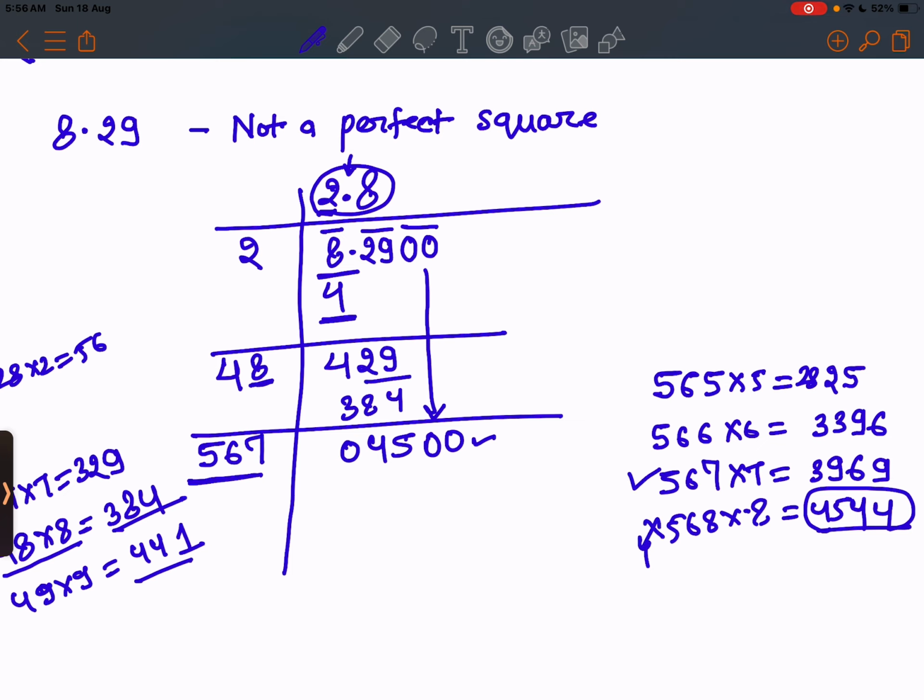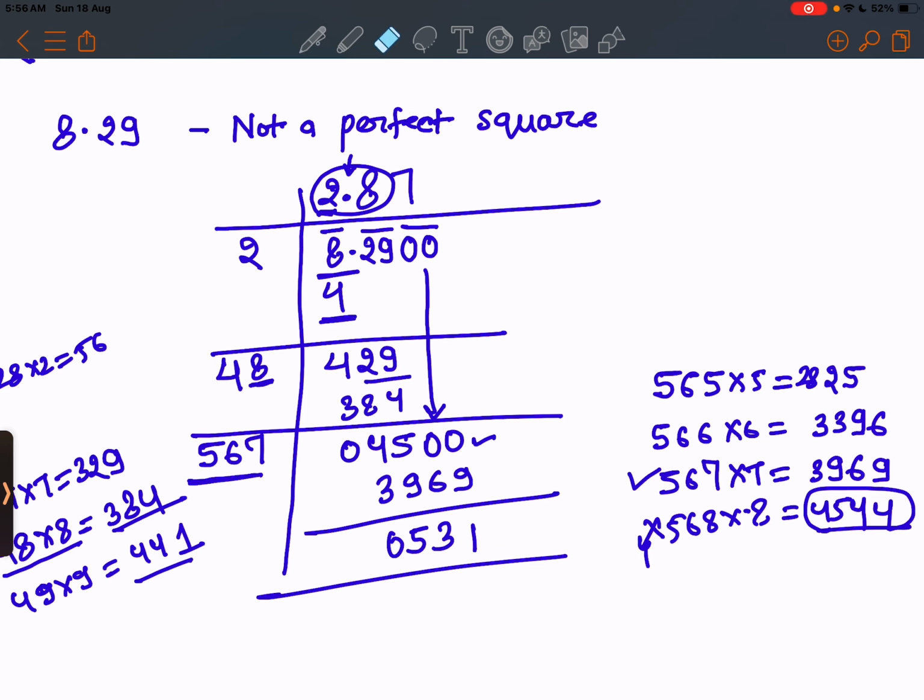So 567, and in 7 times the number would be 3969. The remainder would be 1 3, 14 minus 9 is 5, and this is the 0. Okay, so we got